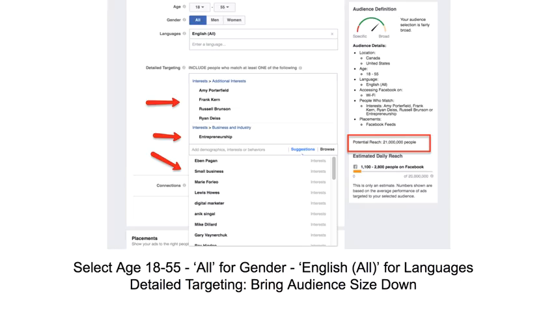Then, before the detailed targeting, you're going to select ages 18 to 55. Again, depending on who you are and what your video is about and how your message is, you can change it. You might want to select an older demographic. You might want to select a younger demographic. It's up to you, but generally I can reach anyone from 18 to 55, so I'm just going to leave it like that. You want to leave English all for the languages,